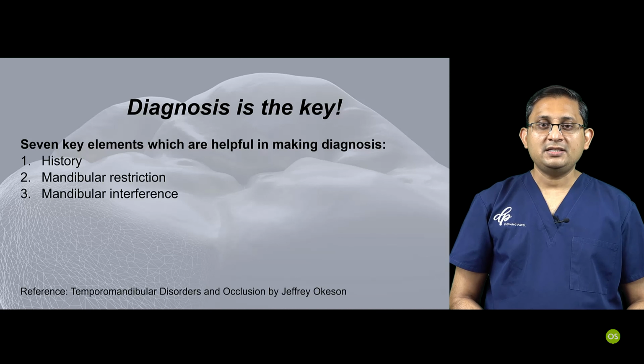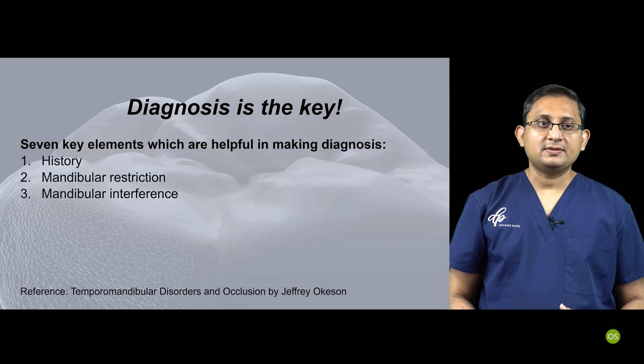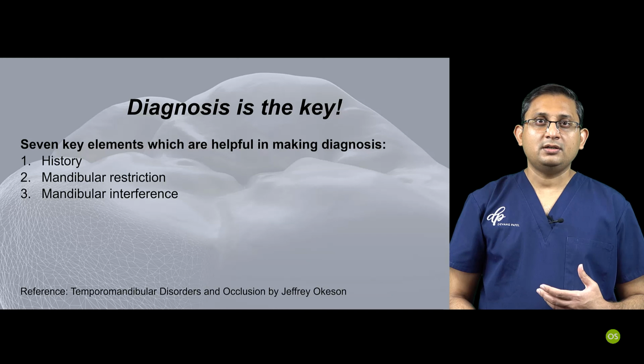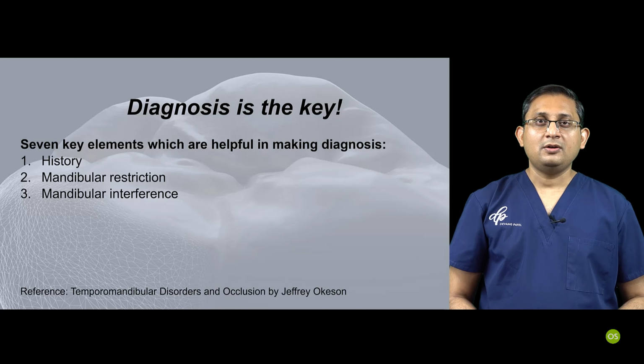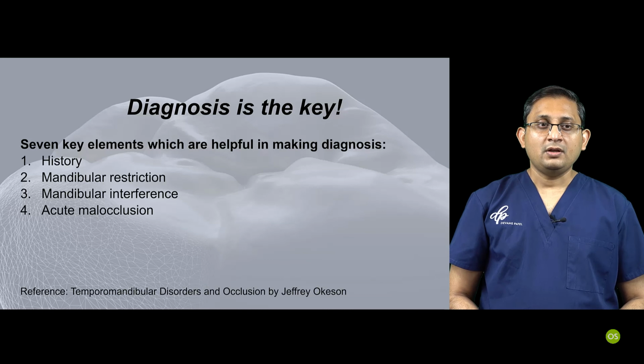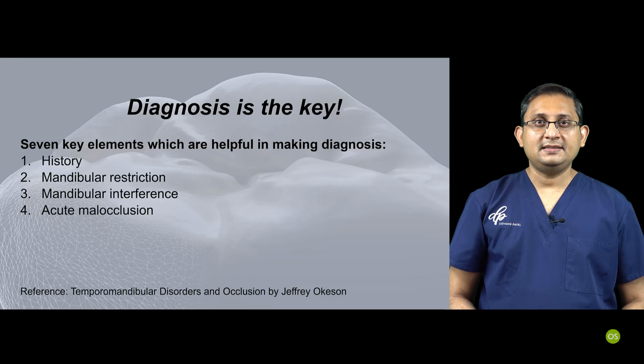You get mandibular interferences, which means that in intracapsular disorder, the jaw deflects towards the affected side on protrusion, whereas when you have muscle disorder, there is no deflection seen during protrusion. You see acute malocclusion with both diseases. However, with intracapsular diseases, you see acute malocclusion which is strongly associated with trauma and the patient can pinpoint when it